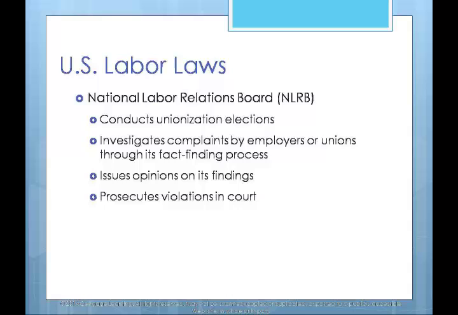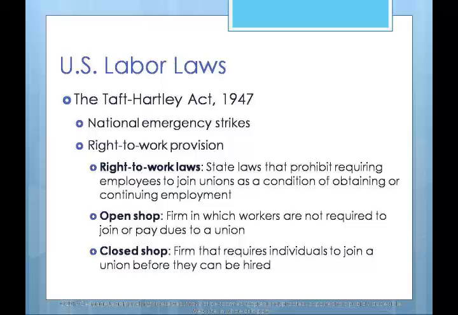Now, the 5 members of the National Labor Relations Board are appointed by the President and confirmed by the U.S. Senate. So usually if it is a Democratic president, there are 3 Democrats and 2 Republicans that the president chooses. And when the shift in the party happens, the new president then decides what the representatives will be on the National Labor Relations Board. We talked about the Taft-Hartley Act.